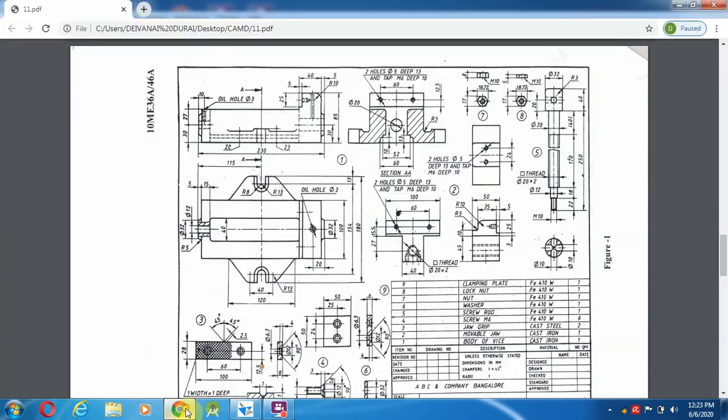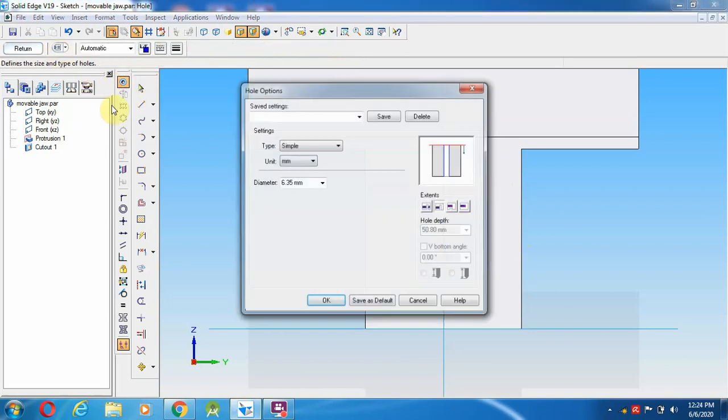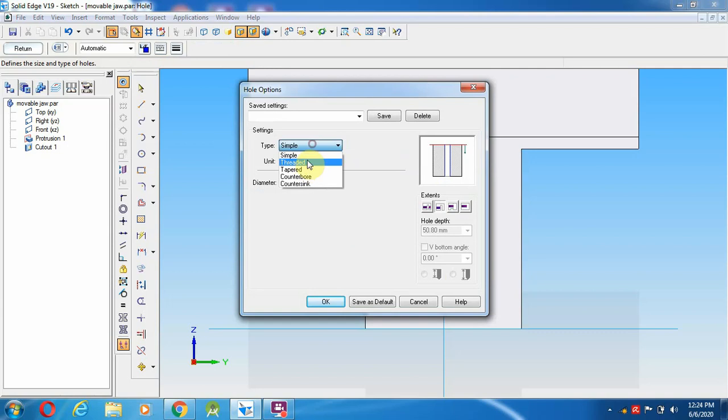So 20 or 27, I think 27 mm, and 20 diameter. So this is 27. Select a line from here to 27 mm, and go to the hole, change it to hole parameters.